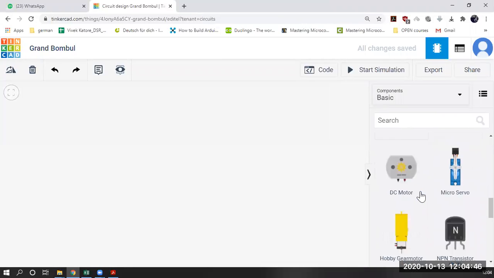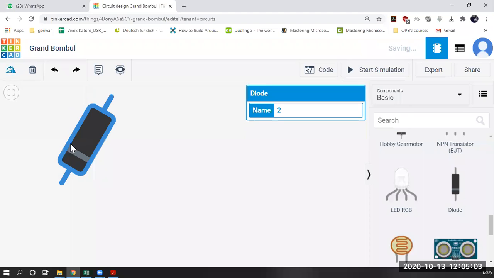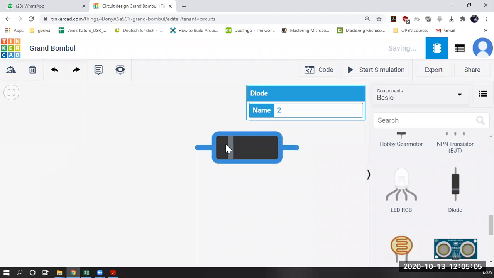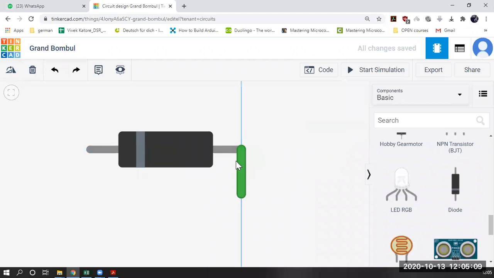So what we are going to talk about in this session is a little more on the diode. I will show you a couple of things with this. I have told you that this is the diode, right? A diode has an anode and a cathode. The anode is the positive side. Always remember.